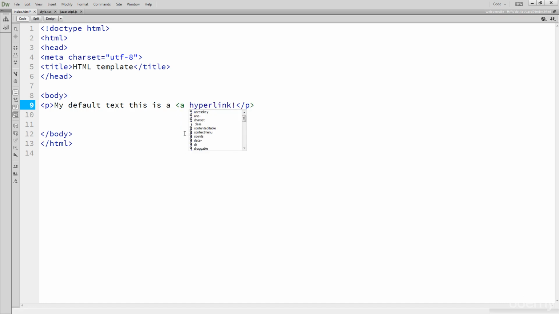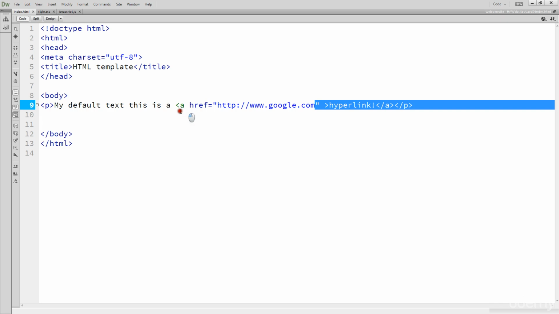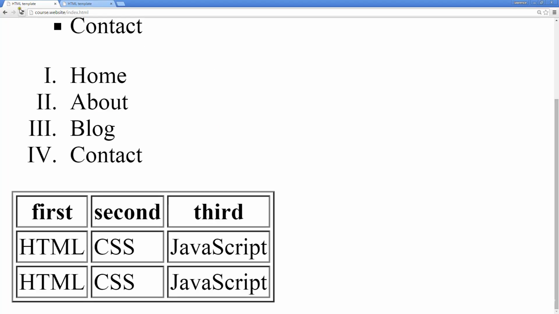And the way that that's done is with these A tags. So they're the href attributes, and the href is going to be the location where you're linking out to. So I'm just going to link out to Google. And then again, just closing that one off, and whatever content is between these A tags is going to be actually the hyperlink itself. So here is how we set up a basic hyperlink, and when we go out to our web page,